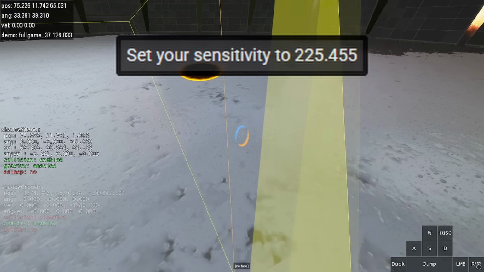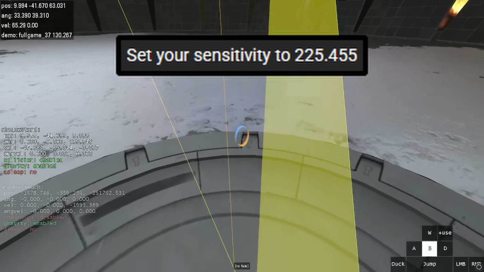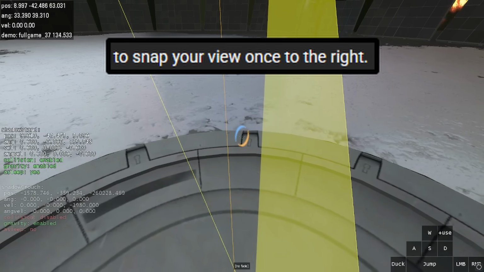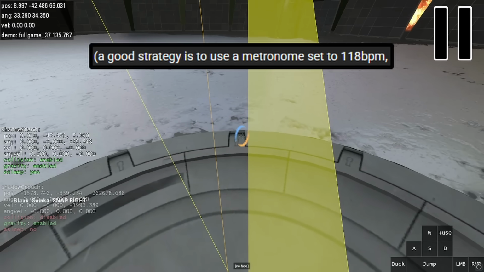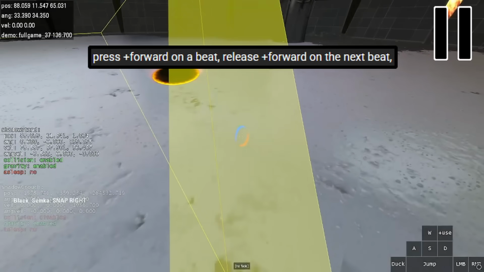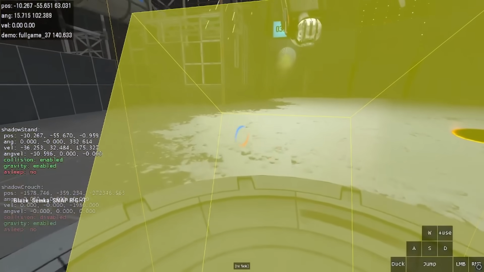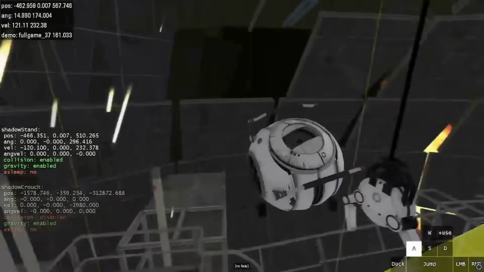To do this, you set your sensitivity to precisely 225.455, turn your mouse DPI down, and move precisely 1 notch to the right. After that, bring out the metronome again and set it to 118 BPM. You're going to press forward on one beat, release it the next, press back on the beat, and then release it the next. After 20 seconds in this spot, you can grab the core and fly over to the area